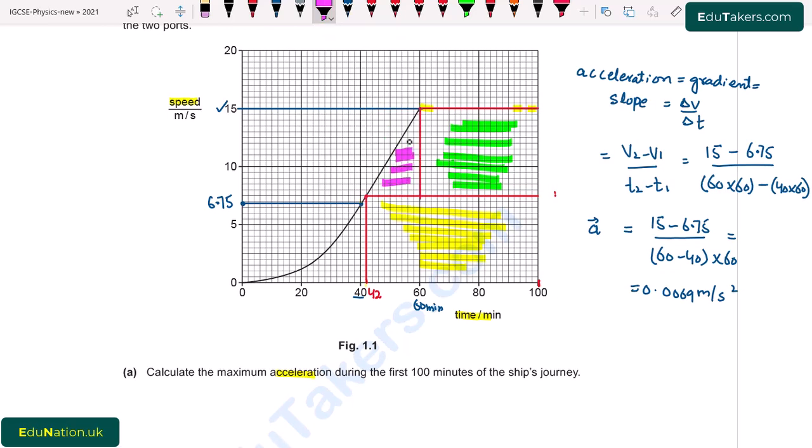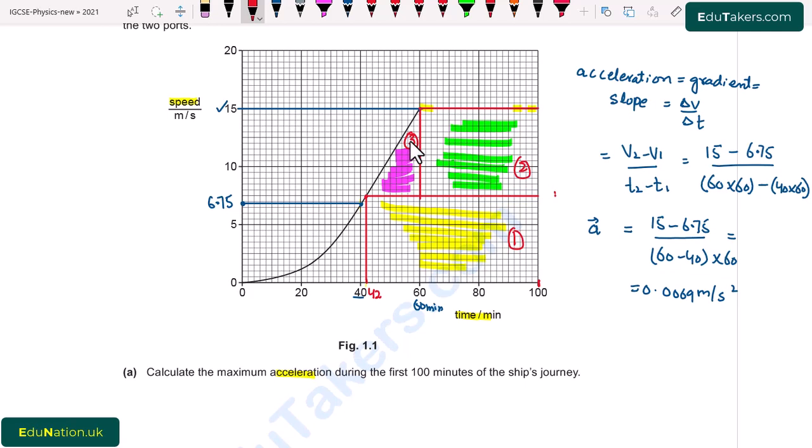This is the triangle. So the total distance between t equal to 42 to 100 minutes is basically the area that is under this curve. So there are basically three shaded regions. One is region 1, and this is region 2. The third one is this triangle, region 3. We have to calculate the area under this curve. So first of all we calculate the area of region 3.